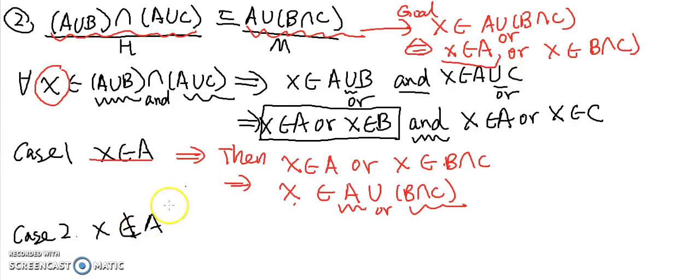Now let's deal with case 2. If X is not in A, then is X in B or C? Let's take a look at the two conditions. We should notice that this, because of this word